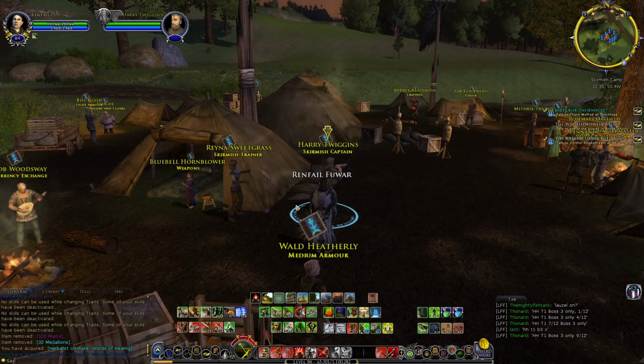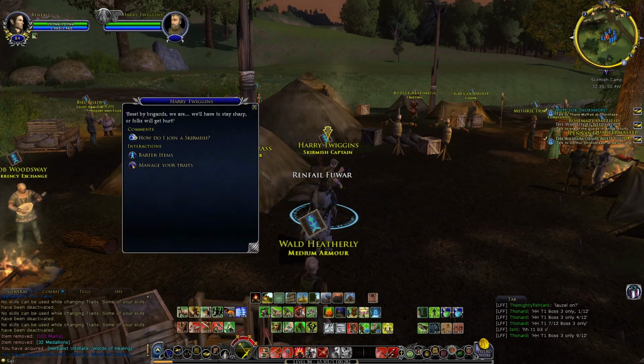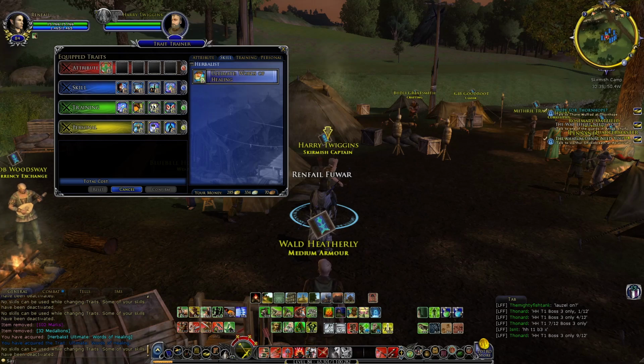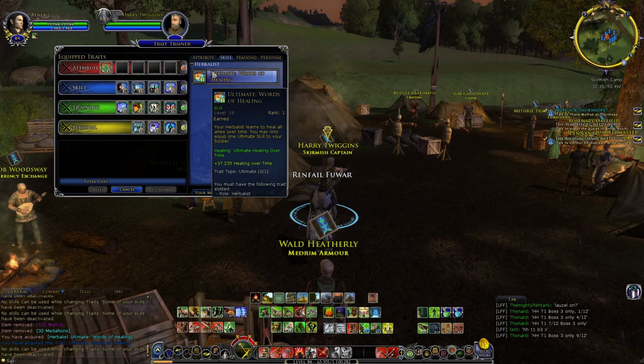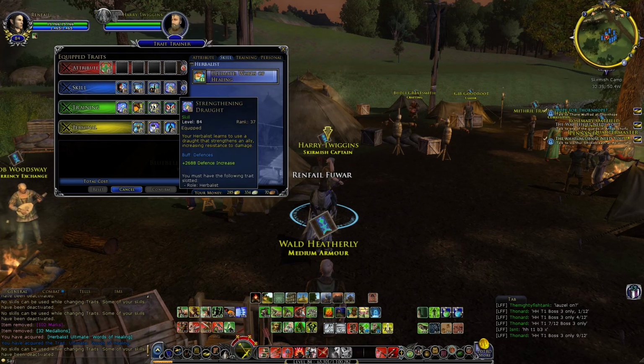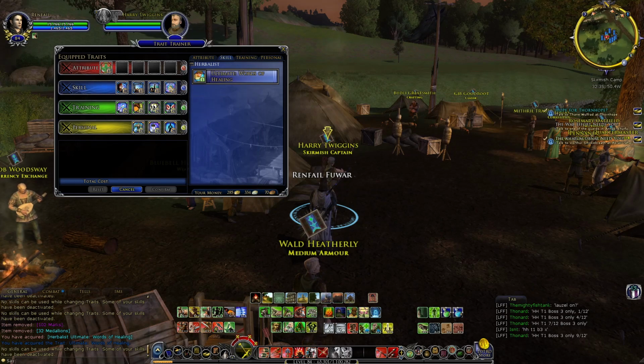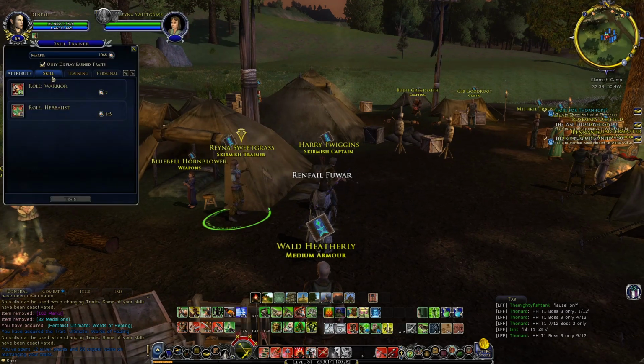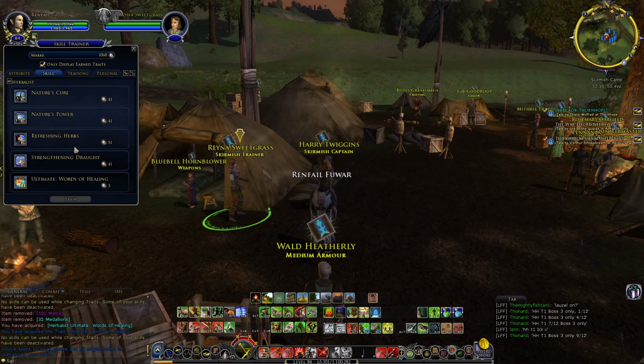I'm going to barter for that. I've acquired that. I'm going to go in here to manage my traits. And I now have Ultimate Words of Healing, but it's only level 1. So I would want to move the Strength and Drought out, and move the Ultimate Words of Healing in, confirm that, and then go back over to the trainer and say, I need to train up